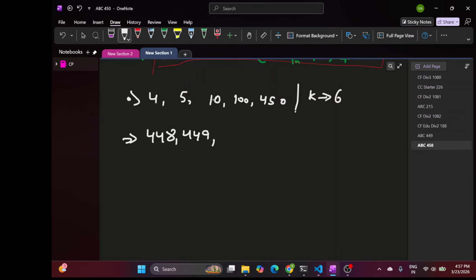Now for 10, we'll get 6 values more. So what will it be? It will come out to be 454 and it is greater. So this will also come out to be 448 only, right? Now for 100, it is 450 minus 100 is 350 divided by 6, that is 58, and 58 times 6 plus 100 is 448 again,